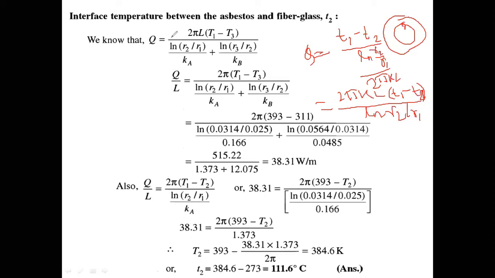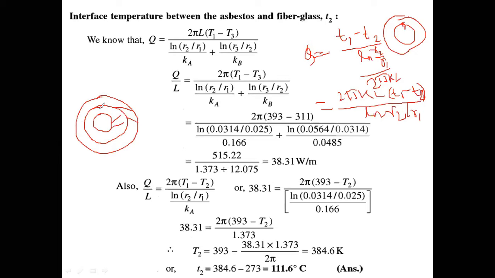Now for this expression you see here, this is the cylinder, this is another layer of insulation, this is another layer of insulation. This is another layer of insulation. Here you have to find the intermediate temperature. So we only consider any one, this part or this part. Any part you can choose, because Q will be the same for all the